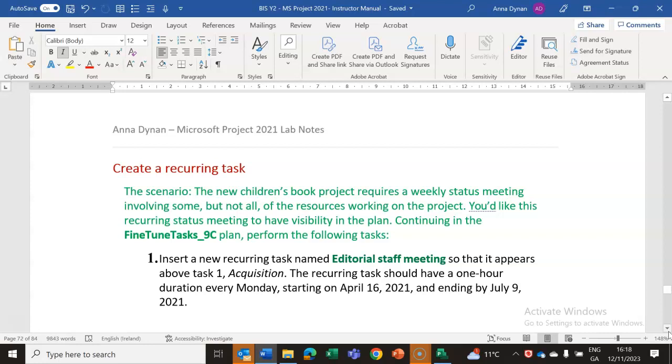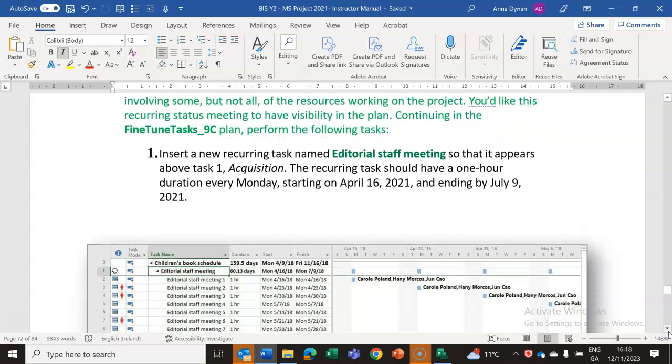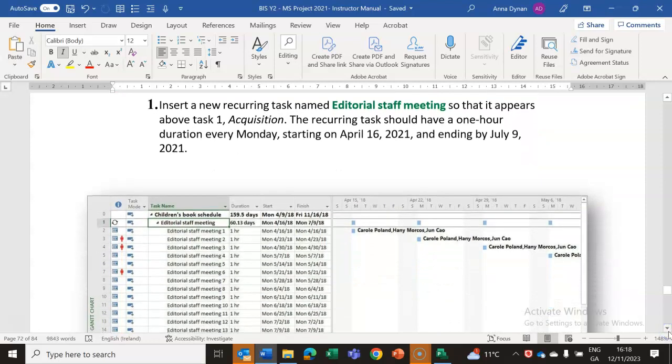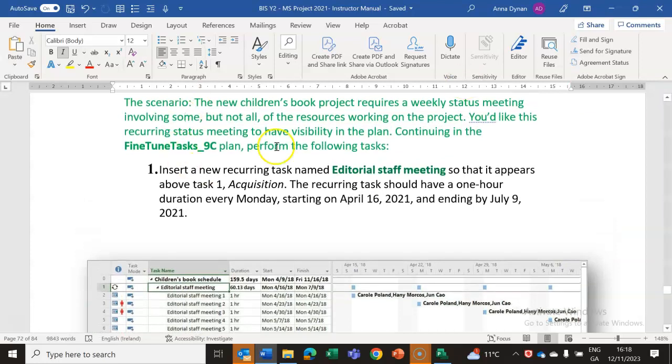Okay, now the last thing is putting in a reoccurring task. So that is something that is happening every single day. Maybe you have a meeting every week or whatever, and you want to set it as a reoccurring task in your project. So what we're going to do to set a reoccurring task, you can open up that file if you want to, but normally a reoccurring task, this is the symbol it's going to have. It's going to have a symbol of a circle with an arrow pointing, and basically you pick